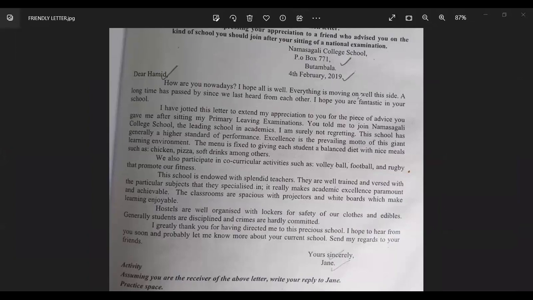Okay. Now I think I can be able to highlight, and I need you to